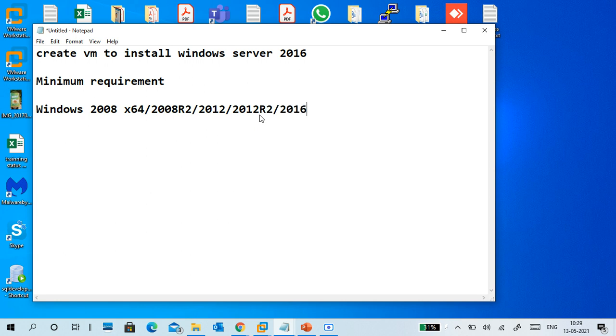Okay, 2016, 2019. These all come with mainly two variants. Will give a small gap here. Okay, so why did I give a gap? No, not required. So next time you will forget. So why am I giving a gap? So two types of thing are there. One is desktop experience.